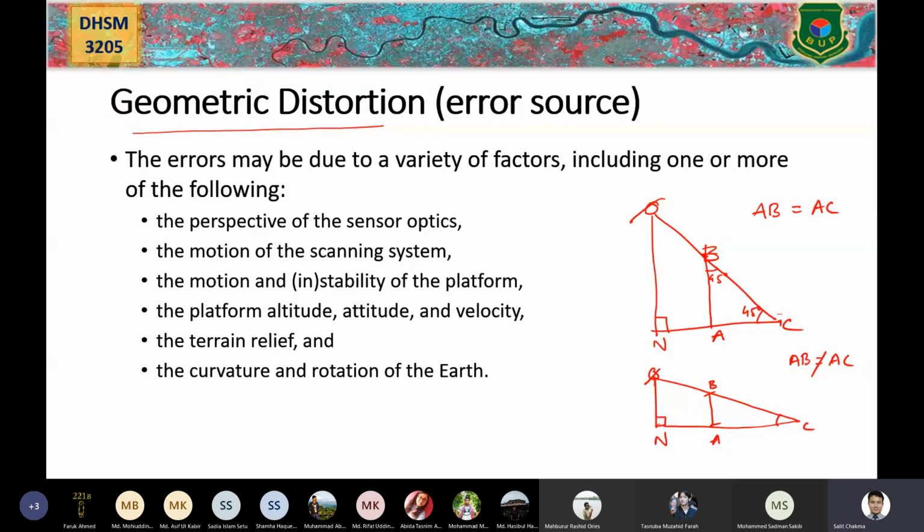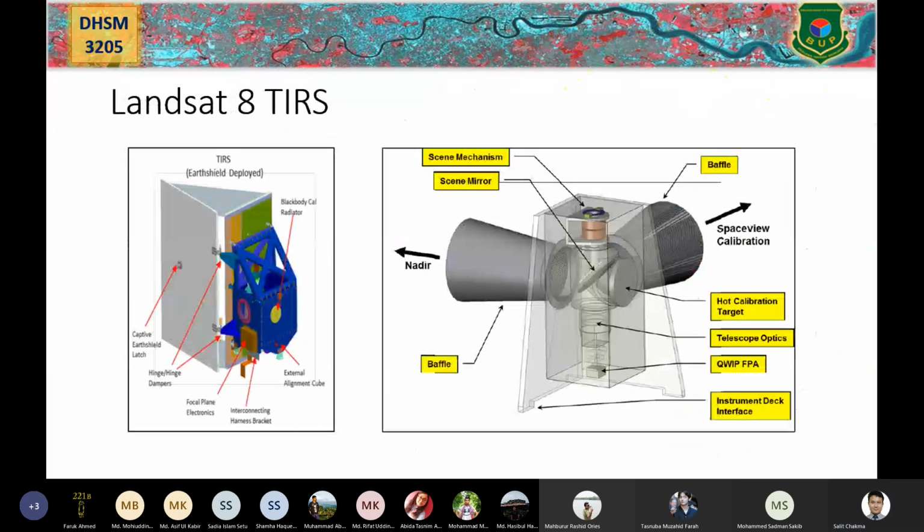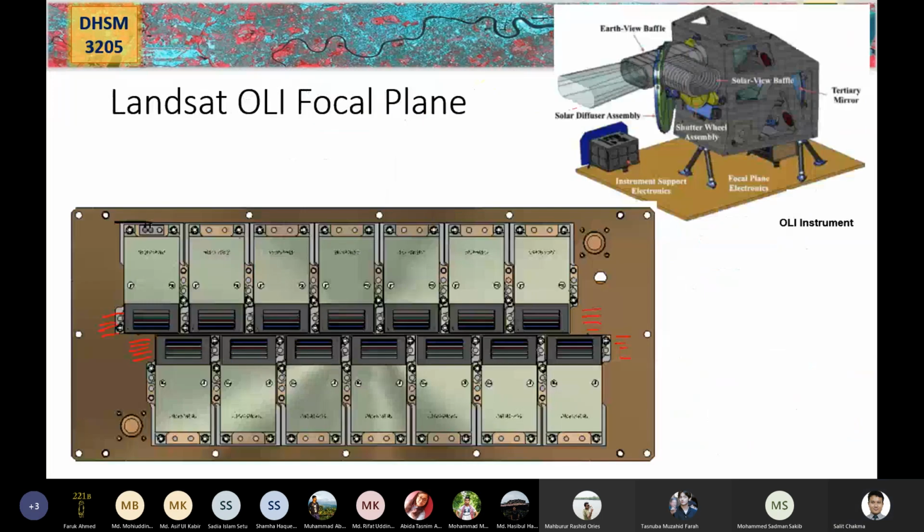Okay, because this is the trick with the eye. So that's why it depends on the perspective of the sensor motion. It depends on the motion of the scanner system. Why motion of the scanner system? Because our scanner does not always look into the nadir point. We have seen before, where did it go,